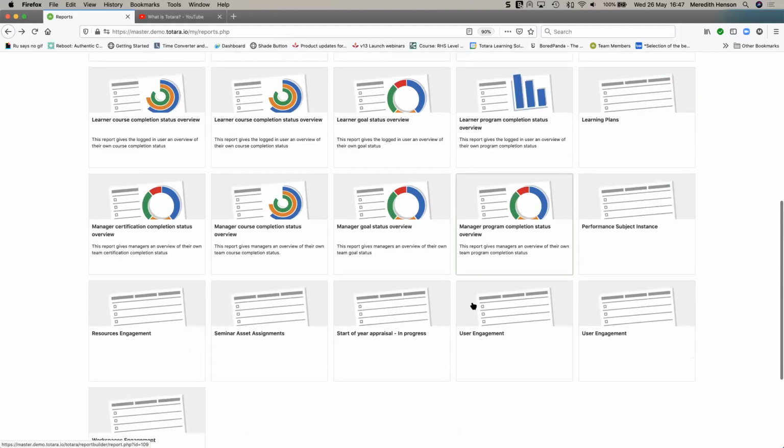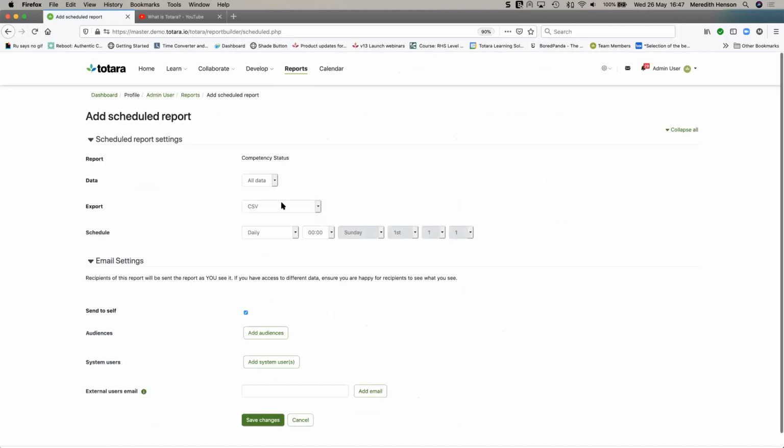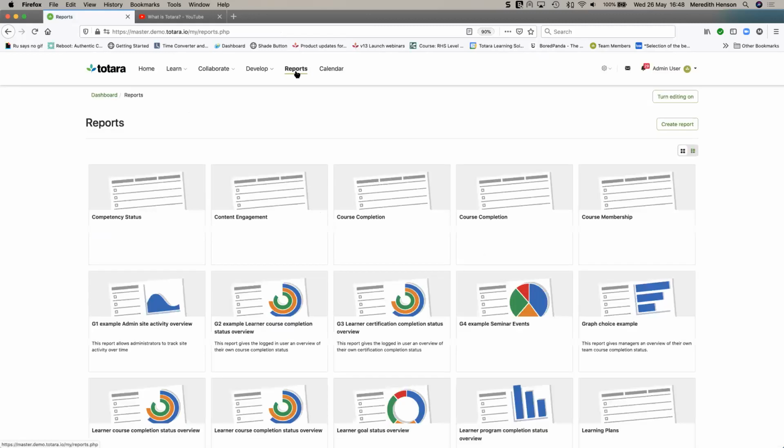Each of these reports can also then be scheduled to be sent to you or to others on a particular run, and you can also specify how those items are delivered. So a report might be in PDF, or you might schedule it to be sent to you in Excel. And noting that it can be to yourself, it can be to those infamous audiences, it can be to individuals within the system, and you can even export it. So particularly if you're running maybe an external auditing agency, you can send them a scheduled report. So across the system, we have these custom reports.